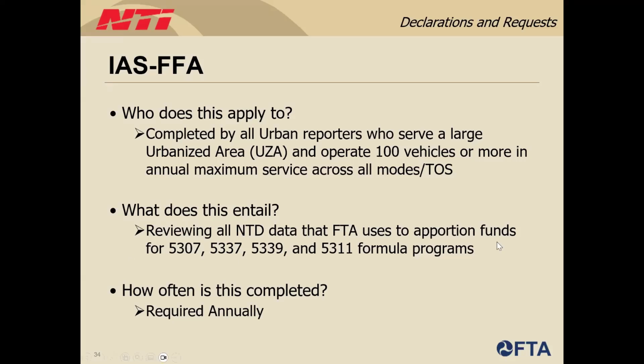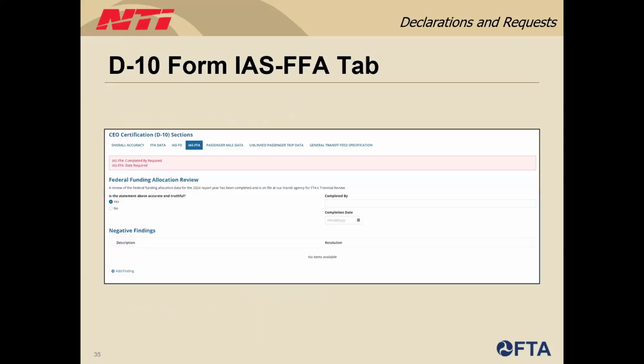Just like the IAS-FD, the IAS-FFA information is completed on the D10 form of the report package. For agencies that are required to complete an IAS-FFA, there will be a tab on the D10 form for this requirement. You can see in this screenshot what that tab looks like. Agencies do not actually upload their IAS-FFA to the D10 form, but instead they certify that their auditor has completed